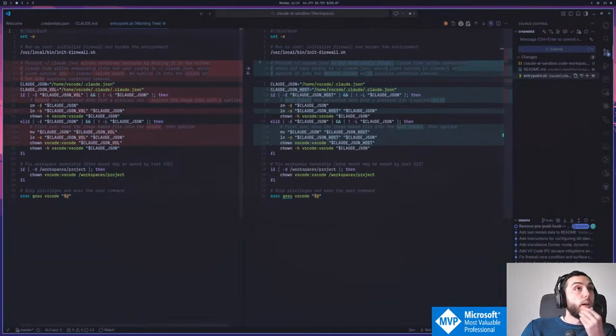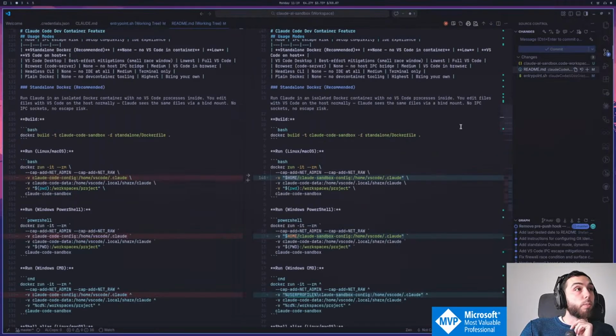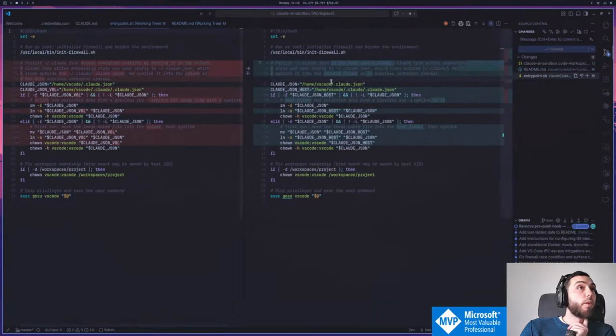I have made just a few little changes basically. What I've exchanged or prepared was that instead of persisting the Claude JSON in its own volume, we persist it into a host config folder. So what I've prepared is